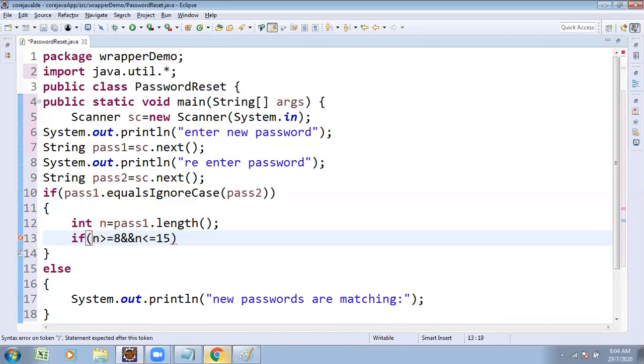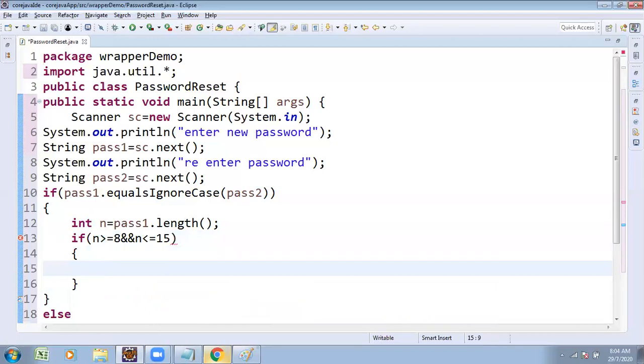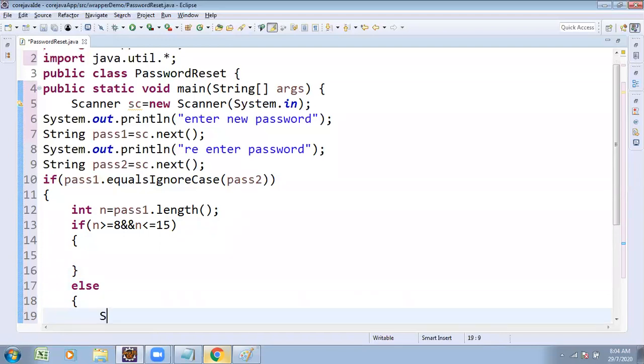If the length is matching, we can check another condition. If the length is not matching, what is the procedure? What message is shown? Invalid password length, and closing.